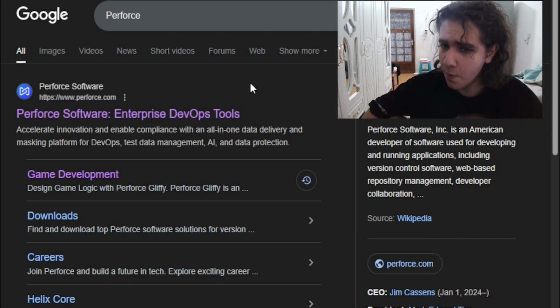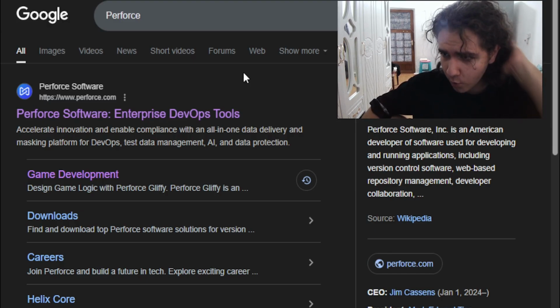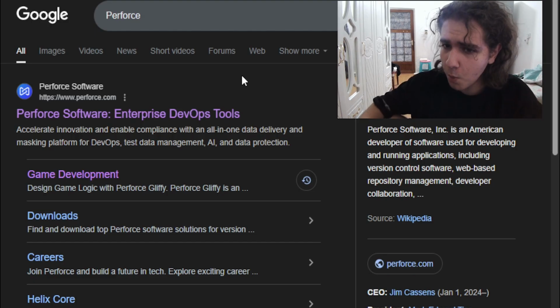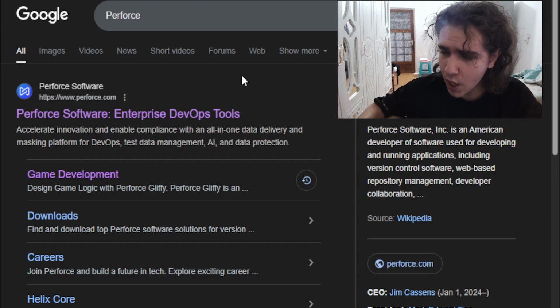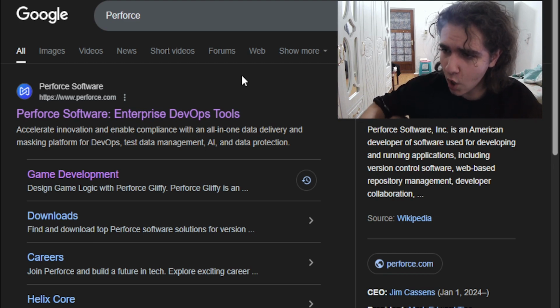Here we have Perforce. Perforce is one of the version control tools that is very familiar in the game development industry. Ubisoft uses it. Multiple big companies use Perforce. It's a bit more complicated, unfortunately, so it's not as friendly as other version control sources for indie developers. It takes a lot of time and it's very complicated. And again, most of these tools are mostly for bigger productions, not very small productions.